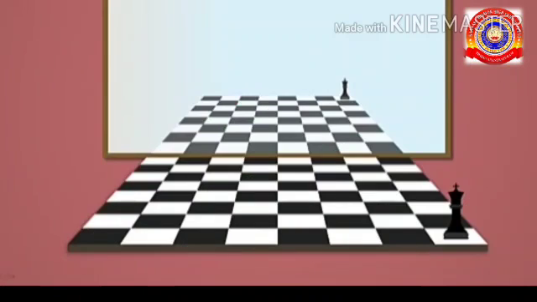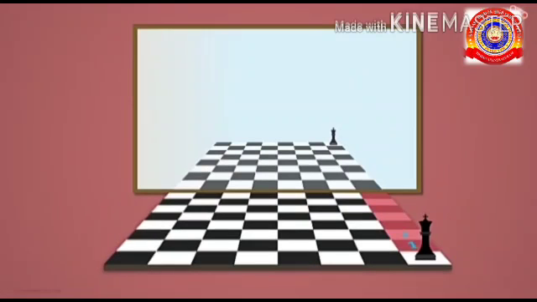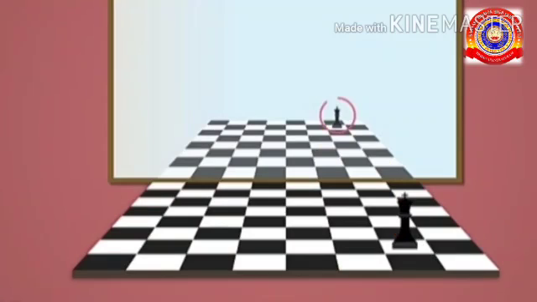Second one, place a mirror perpendicularly on a table. Then place a chessboard and chess piece in front of it. Look at the position of the image. Are they both at the same distance from the mirror? Well, you can count the number of squares in front of each. Here, there are 7 squares in front of the image and the object. You can move the chess piece anywhere on the chessboard and find out whether its image is always at the same distance from the mirror.